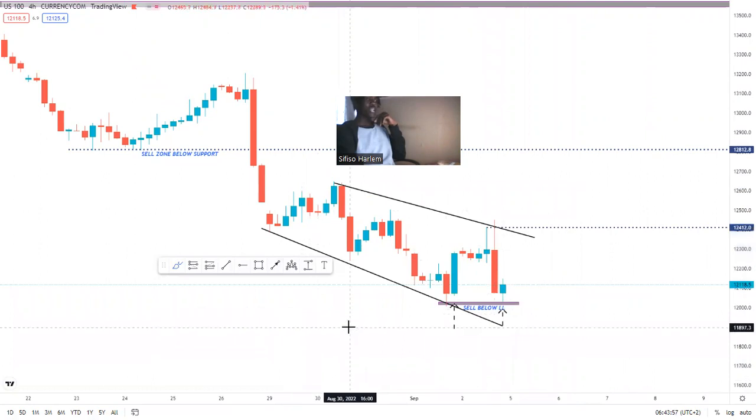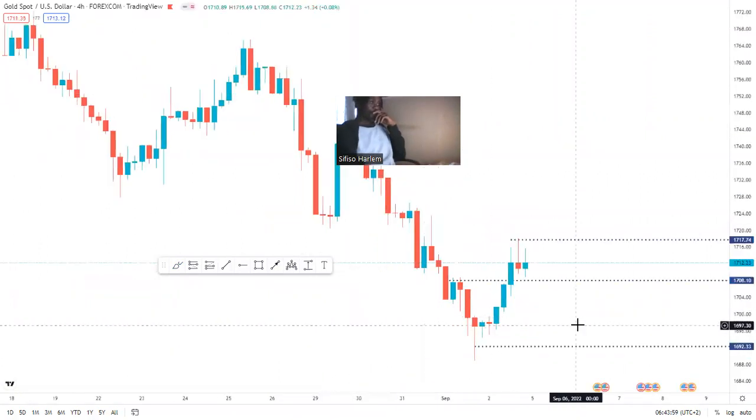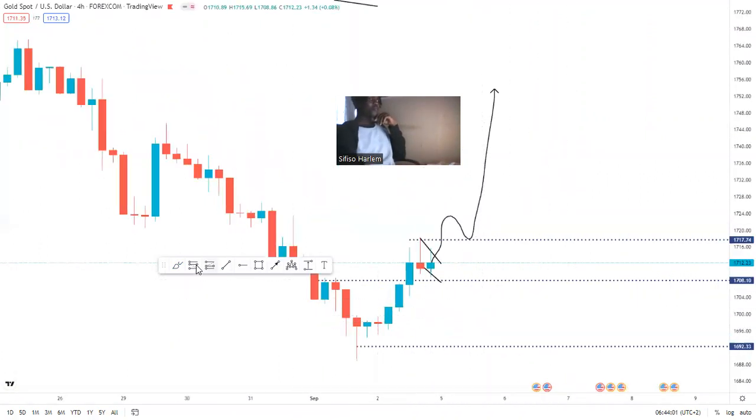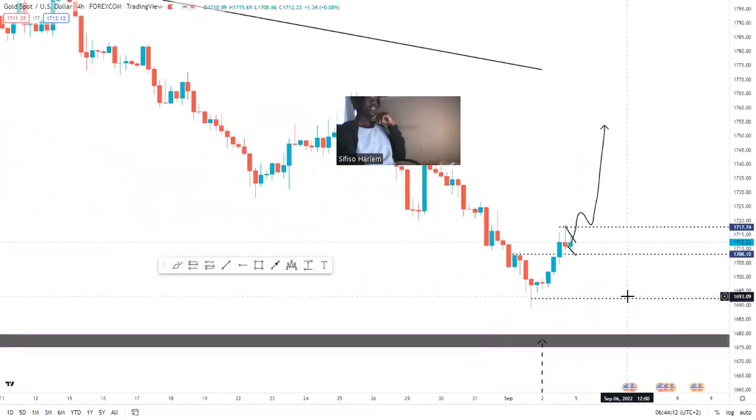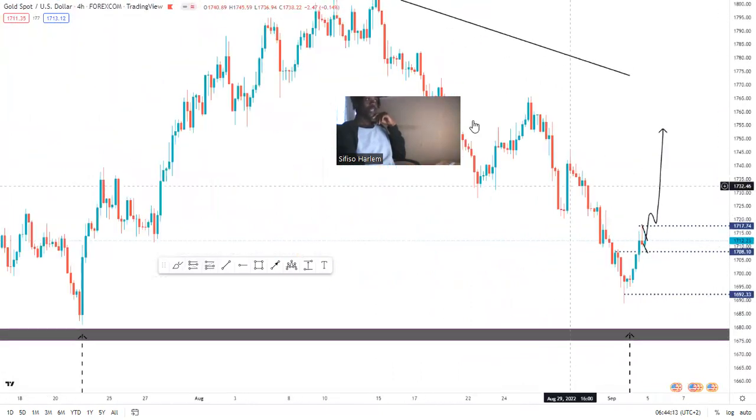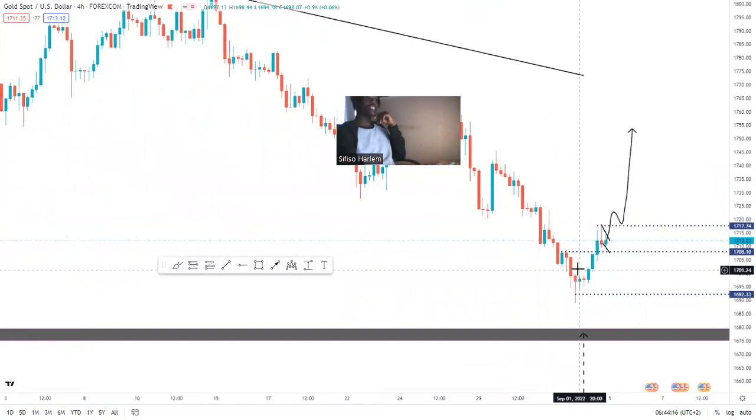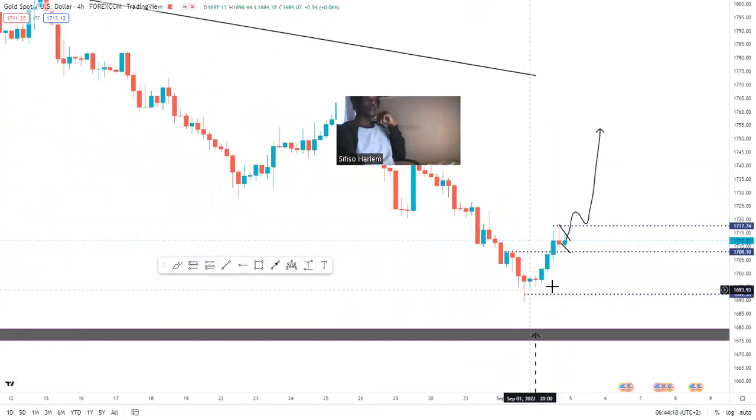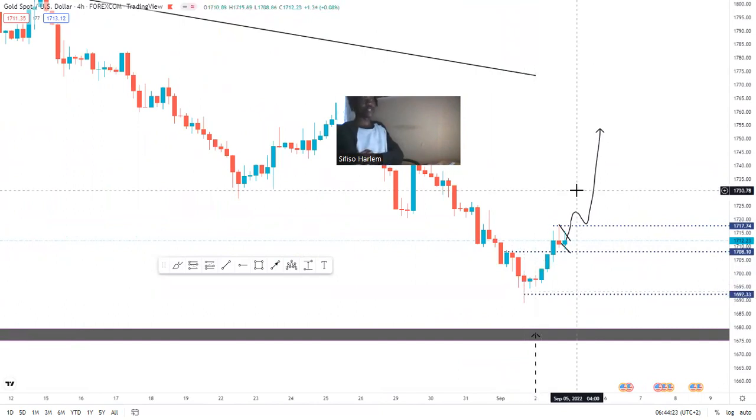moving to the upside. Looking at gold from the 4H, I'm simply waiting for what? For price to give us an indication for continuation to the upside, or for price to simply exhaust a little before it can continue moving to the upside. Because looking at the overall, we can tell that our structure's been moving clearly to the downside, but price failed to break those lows off of the support level and continue moving to the upside. So we can simply wait for a break of those highs, continue to the upside, or a break of the lows, continue moving